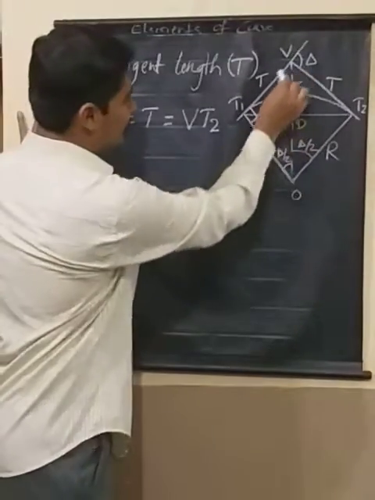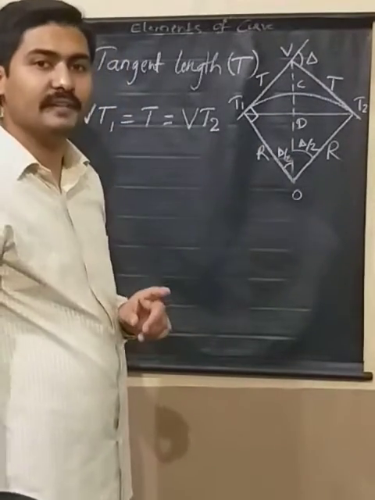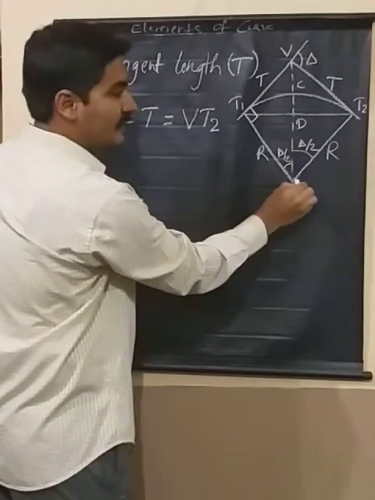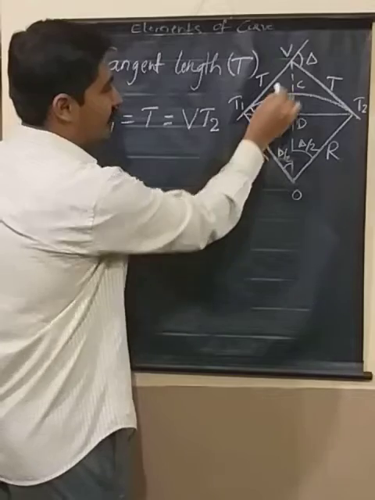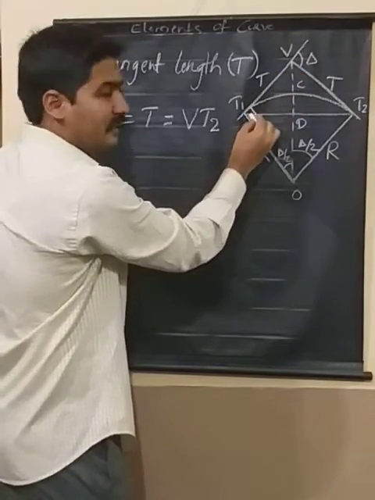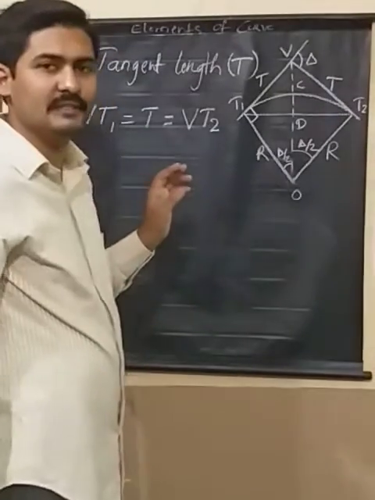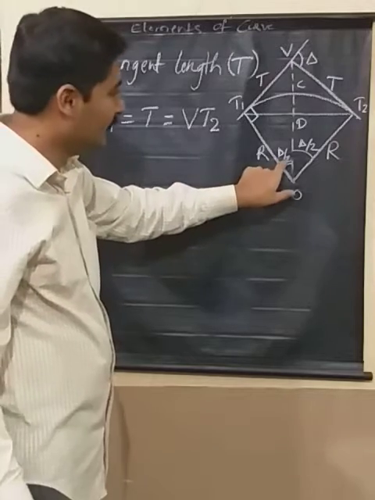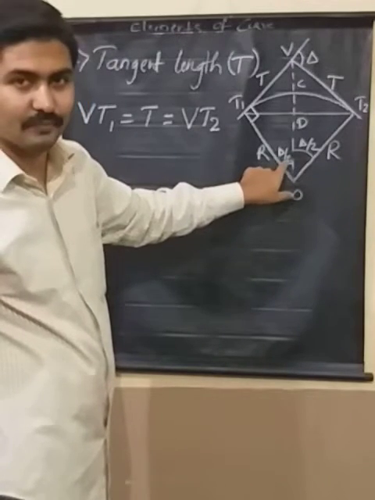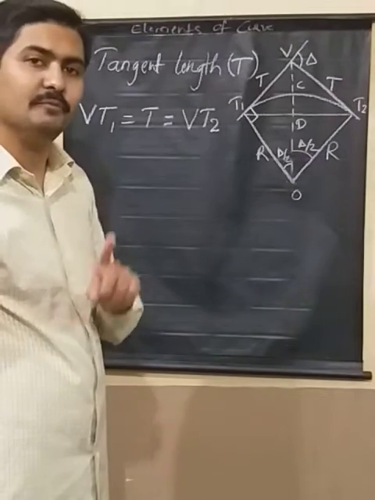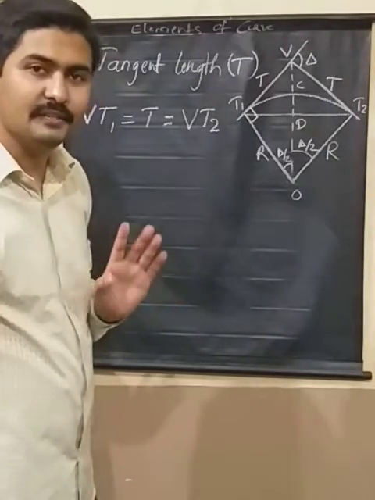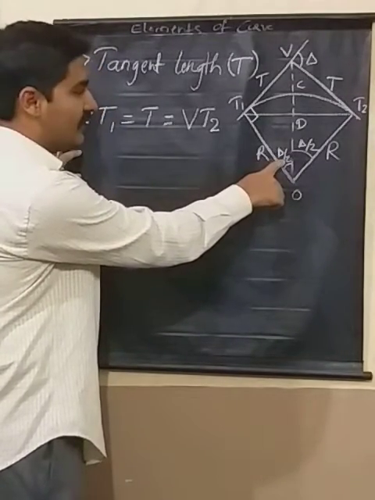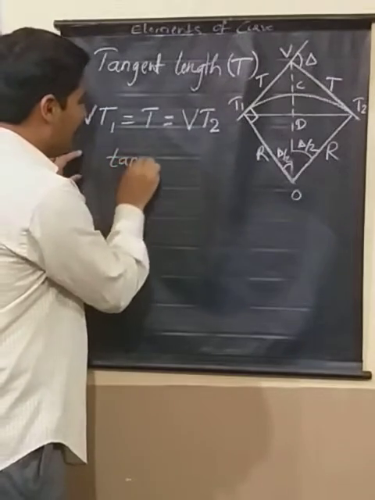So if you just observe, VT1O is a right angle triangle. In this right angle triangle, I am trying to find one of the sides of the triangle. VT1 is one of the sides. I know one of the sides of the triangle, which is the radius, right? And then I know one of the angles, that is delta by 2, right? When you know one angle and one side of a triangle, the other side can be easily found. So how I am going to do that is I am going to look at this angle, delta by 2, and write what is tan delta by 2.